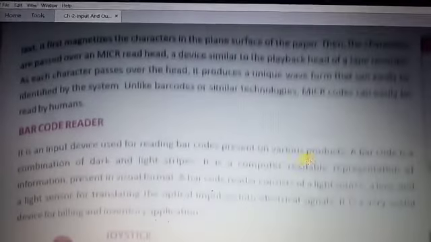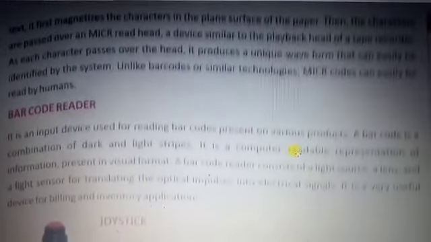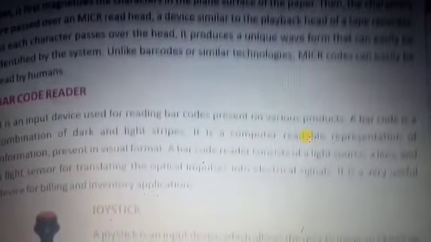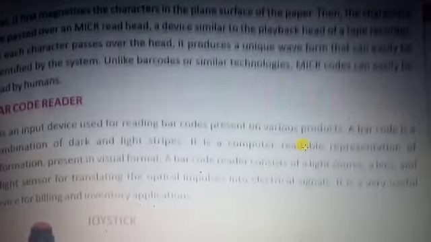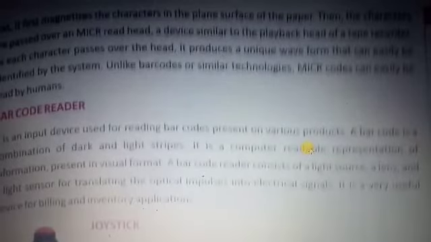After that, there is the BCR. BCR is the barcode reader. The barcode reader scanner is used on the barcode. A standard barcode contains long rectangular bars. There is a series of thin and thick bars present. When the ultraviolet ray of the BCR scanner strikes the bars, it interprets them into human readable form or computer form, and it provides the details of everything. Whatever is mentioned inside the encoded format of the bars can be visible on the screen.